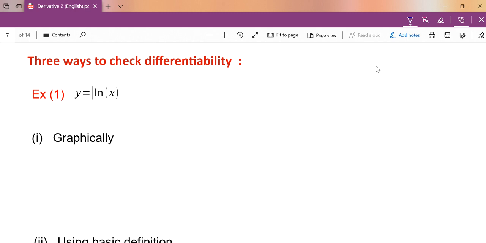Let's see how this graph looks. Okay, so let's draw it. I want to draw my log function, so forget about modulus first. Let's quickly draw the log function. You already know how the log function looks. Let's draw it better. Yeah, like this. It grows very slowly. Here this value is 1, right? Log 1 is 0. Other points I am not referring to. So this is how your log function looks.